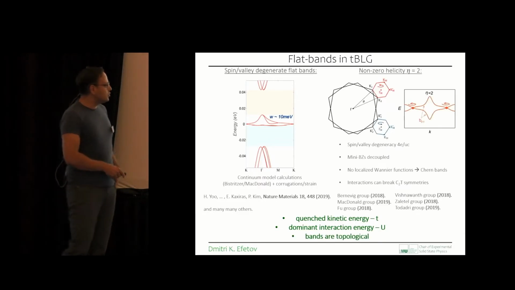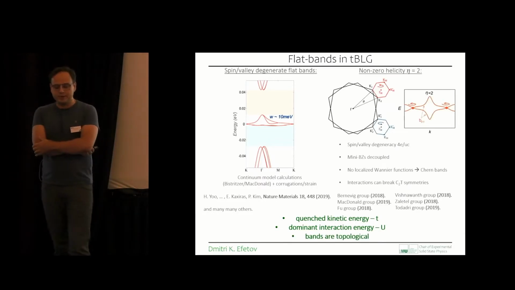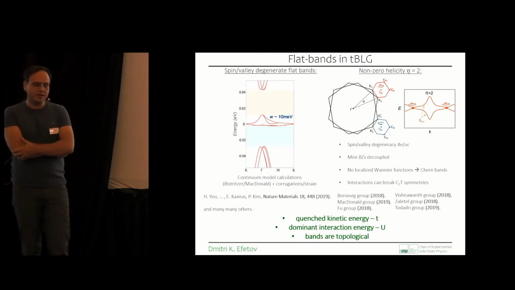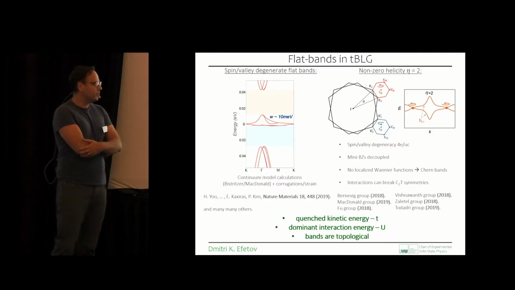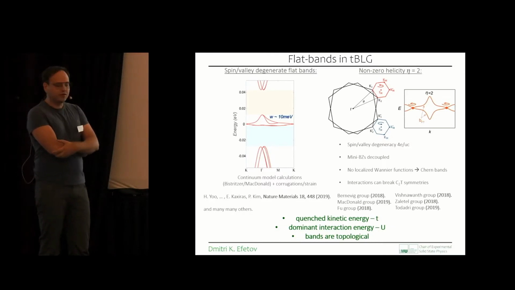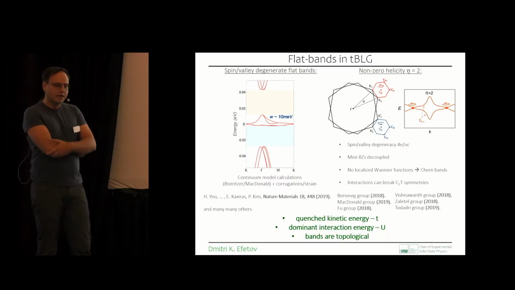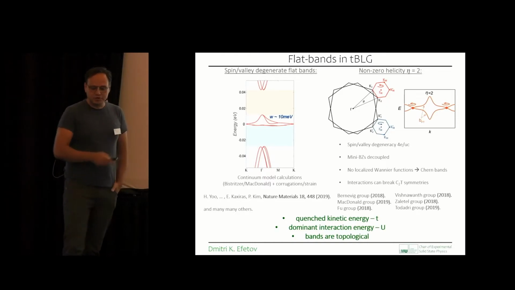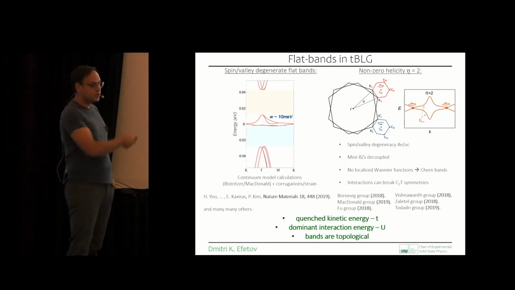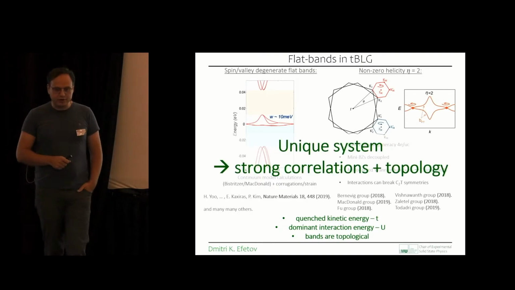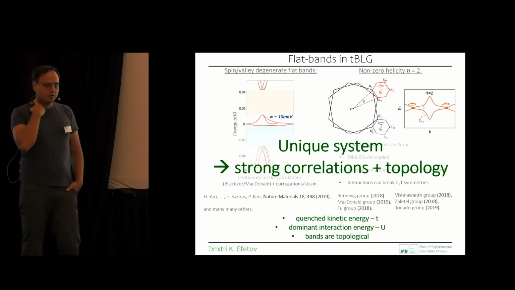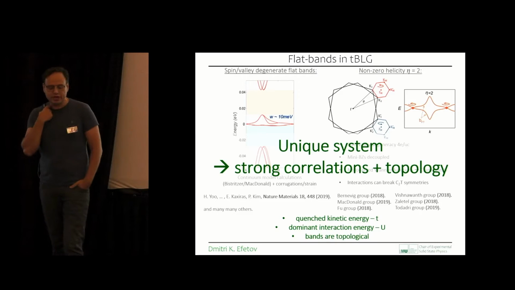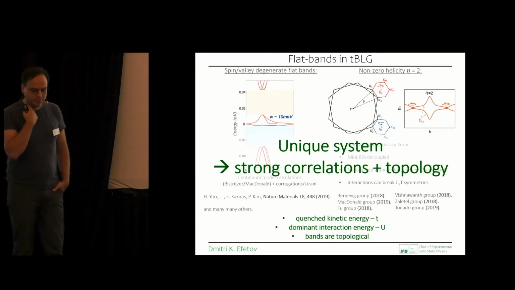And the other thing which is also very important is that twisted bilayer graphene, if I'm going to analyze the winding numbers in the mini-Brillouin zones which are created, it also has topological properties. You cannot construct easily Wannier functions, so everything is defined by Chern bands. And really, this adds this additional degree of freedom that these bands are topological. And so here we have really a unique system, I think the first time, that has both ingredients. It has strong electronic correlations and interactions, and it has topological properties.